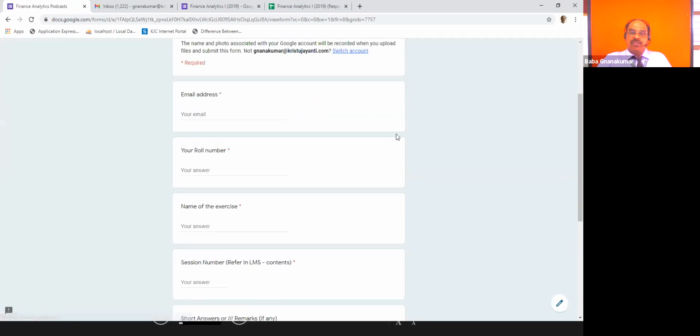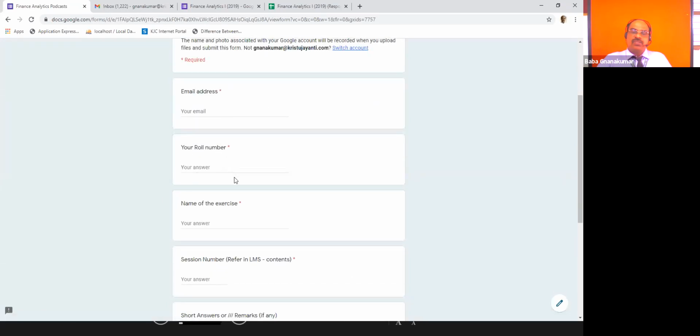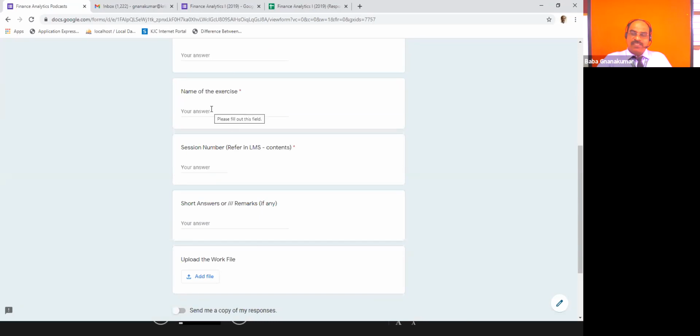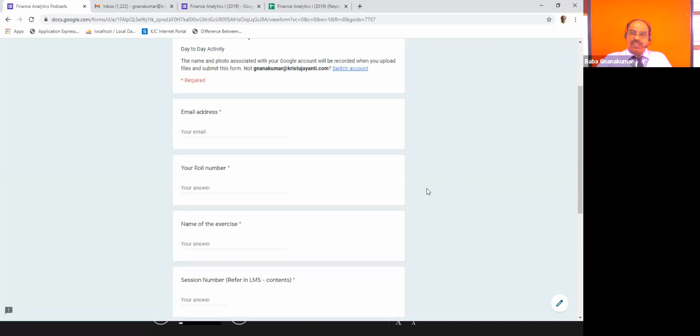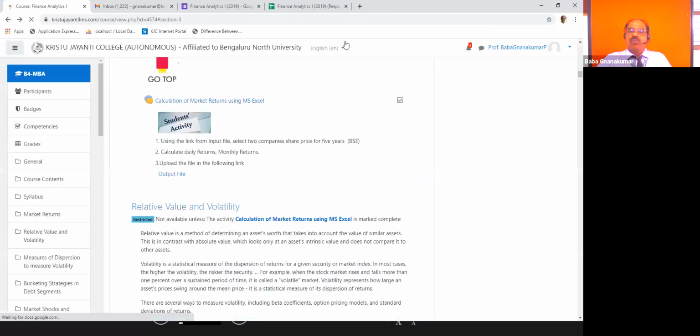Okay, analytics 1: you have to enter your email address, roll number, name of the exercise, you can mention market returns, session number 1, no remarks, nothing. You can add the file. So this is the method. Once you have completed, you can add. If you are using a laptop simultaneously, it is very easy. Now itself, you can upload that. With this, the first exercise is over in your LMS.